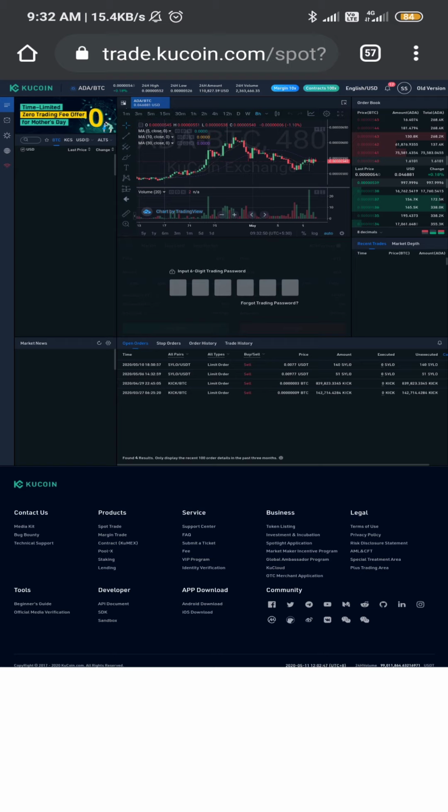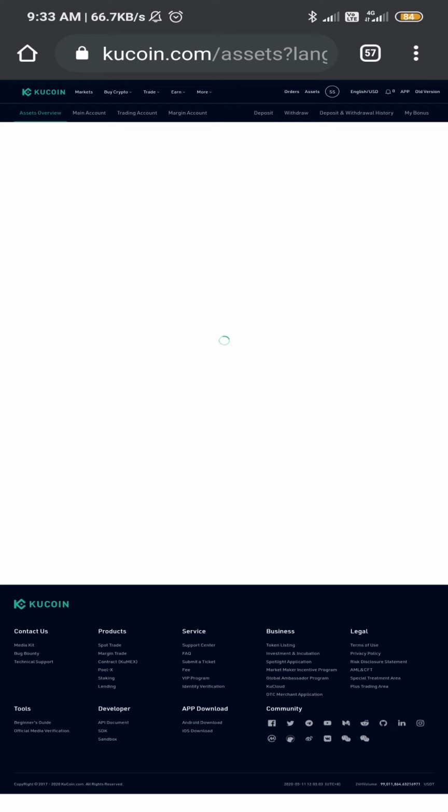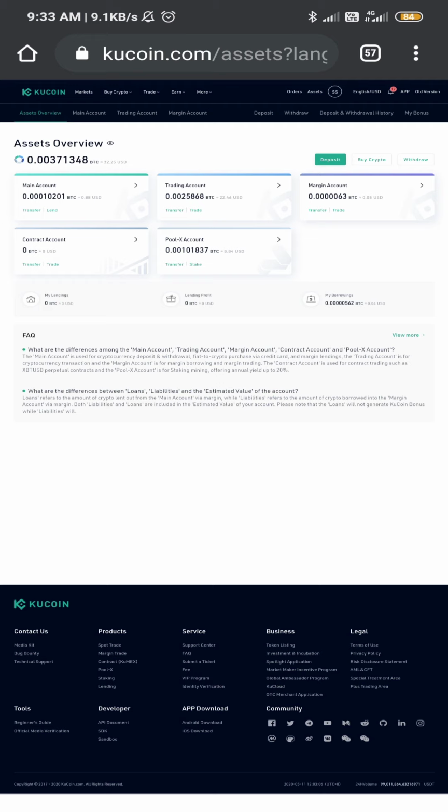Then you see your profile. Click on asset. Then you see funds in the main account.